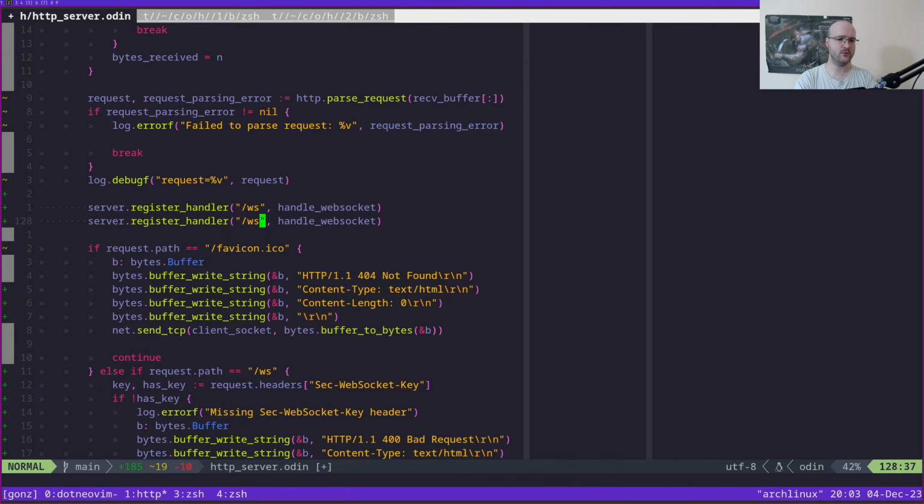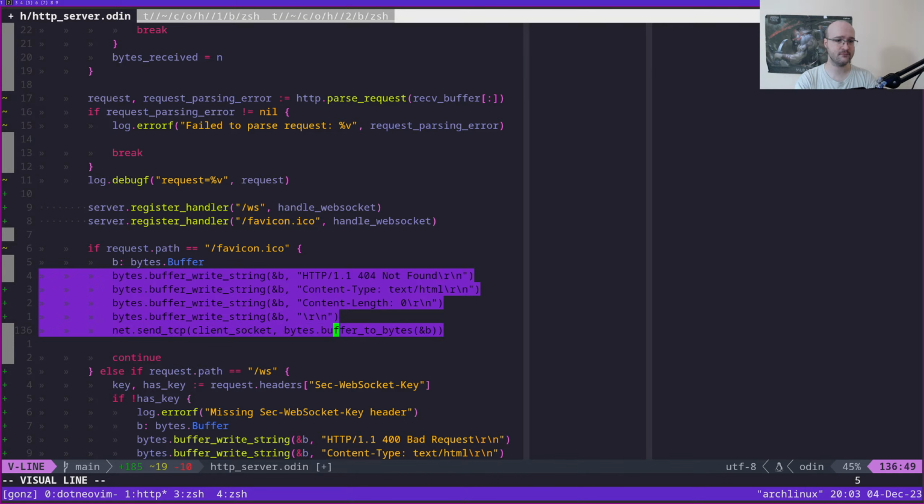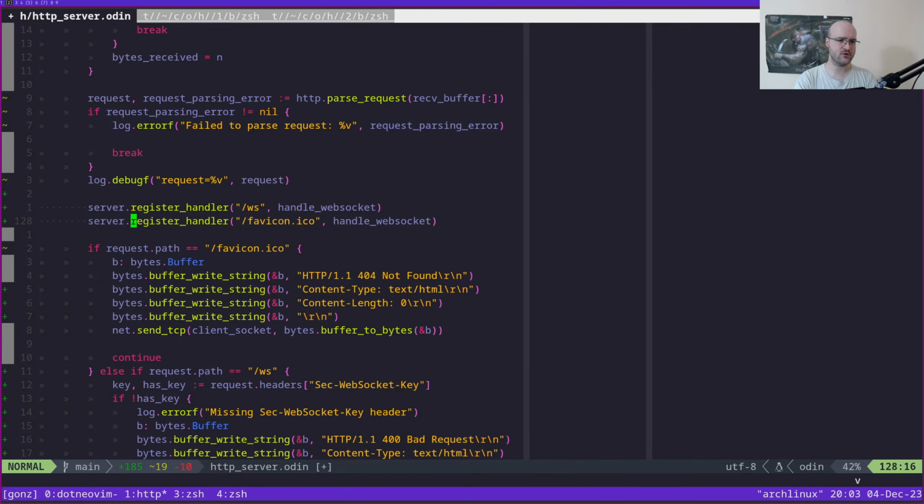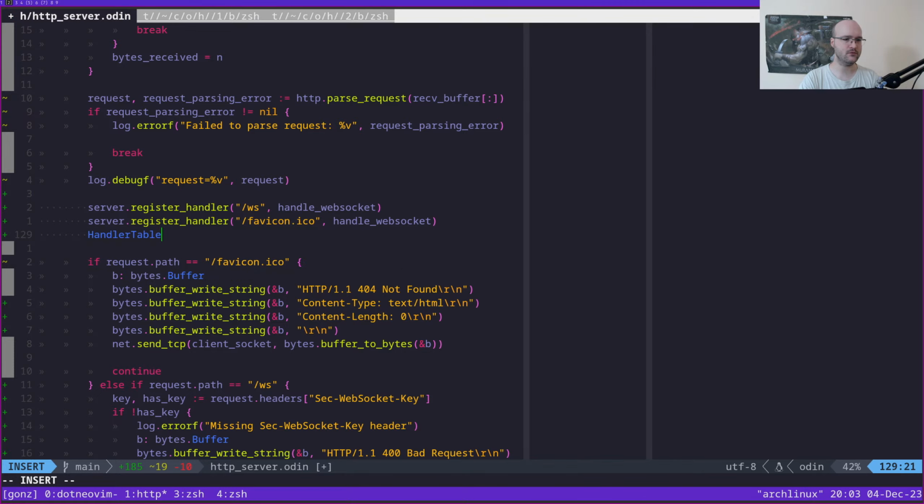And so what we'll do is basically favicon.ico like this, right? Because we of course have that here, right? This one we will pass a proc that does this stuff, right? So this register handler here will basically be managing effectively a table of paths and handlers, right? So this handler table would be effectively a map of string to proc of request, which is an HTTP